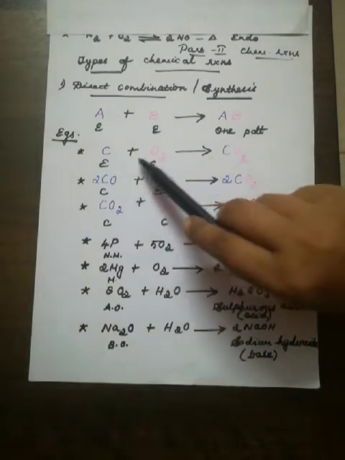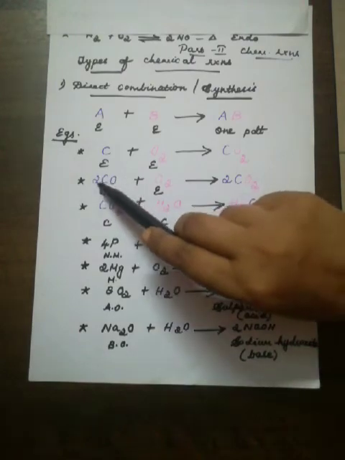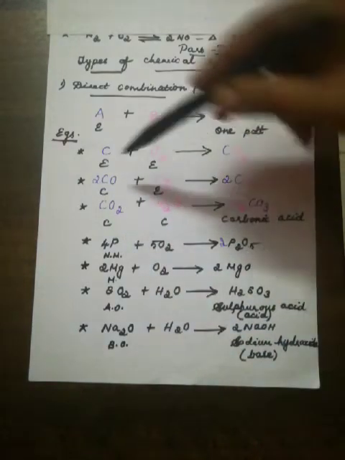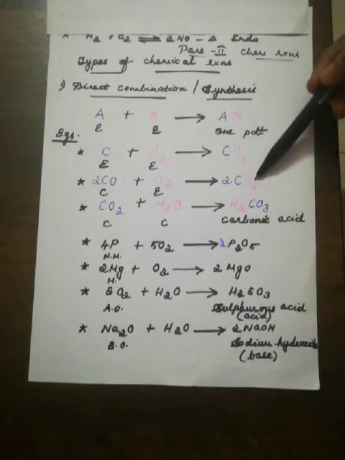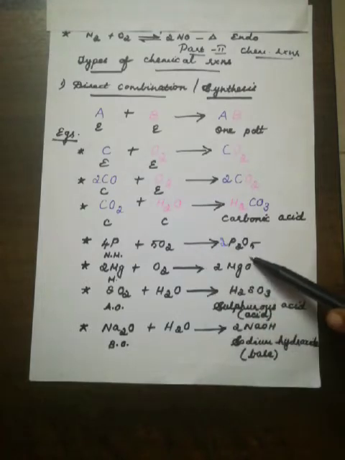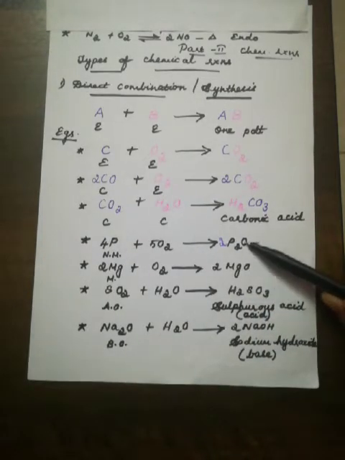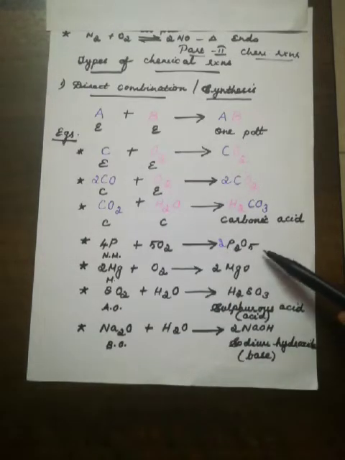The first equation itself is balanced. The second one, here you have an odd number of oxygen on the right side. So 2 carbon, 2 oxygen plus 2 oxygen, here you will get 2 into 2, 4. The next equation is a self-balanced equation. The next one, here there is an odd number of oxygen, 5 on one side but 2 on the other. So you write 2 here, that is 10.